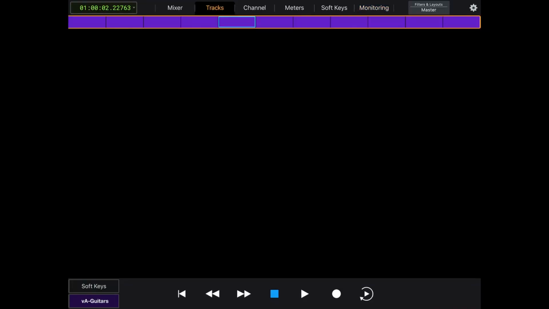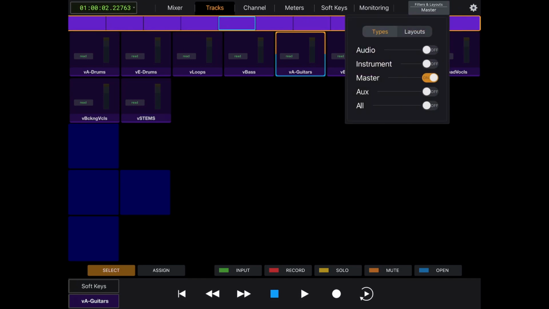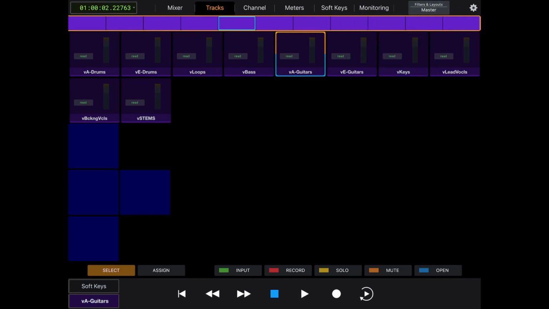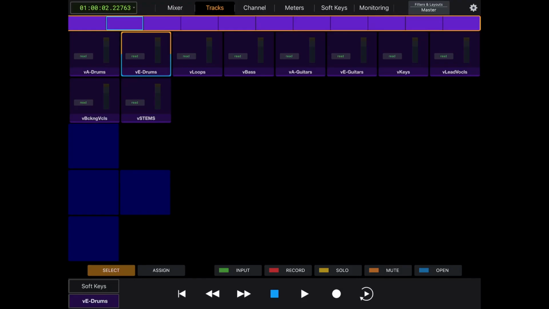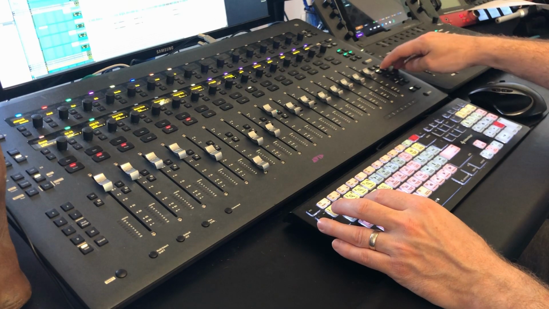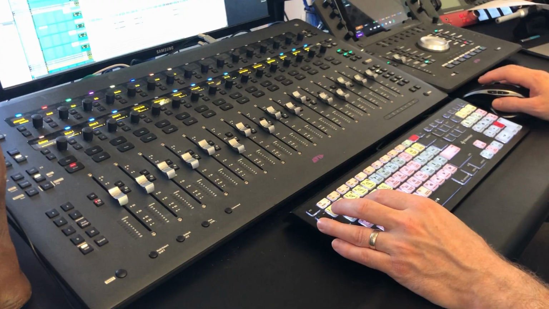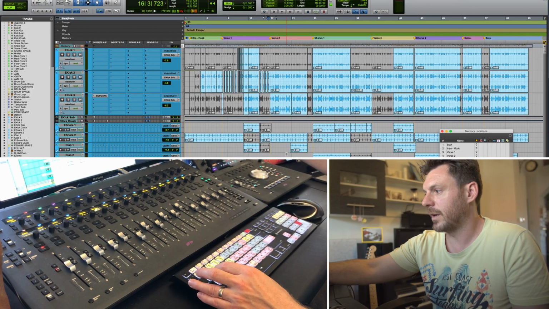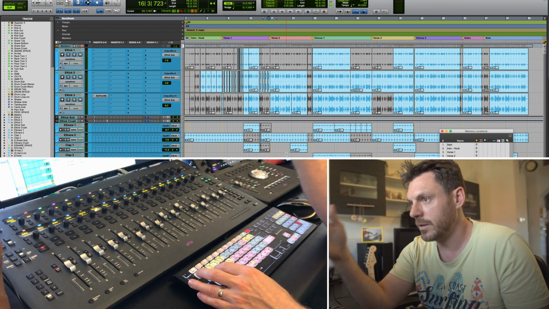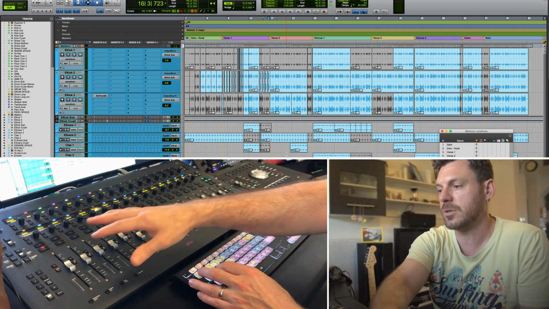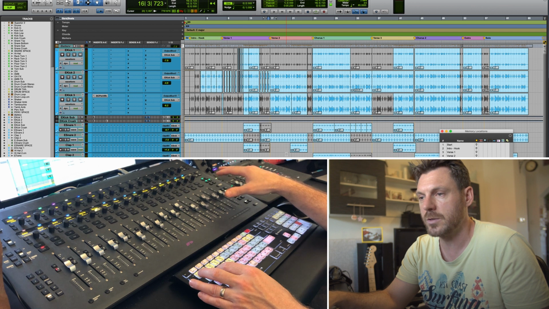On the Avid Control Tracks page, I have only VCAs visible, so I can solo my VCA group fast. If I'm working on electronic drums, I can solo the electronic drums, call my layout for the electronic drums. Now I have soloed electronic drums. I have the arrange window showing only the electronic drums, and the S3 has populated all the faders with electronic